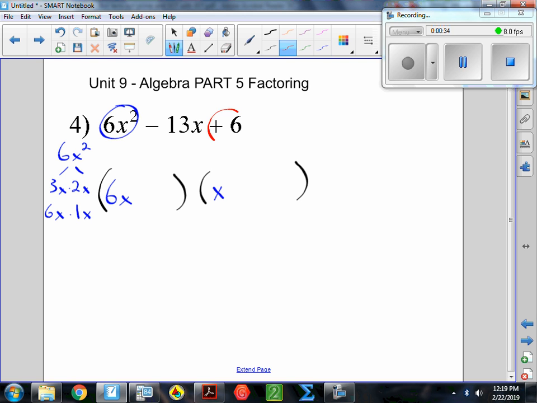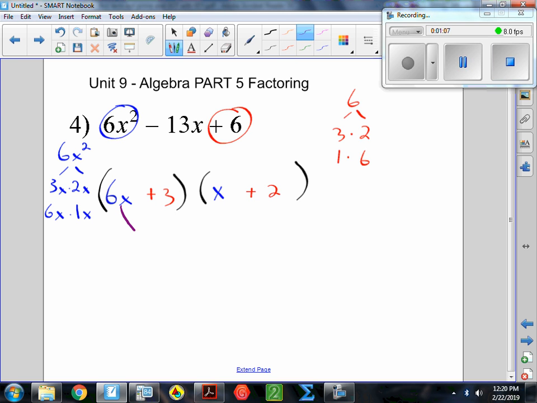I know that the last number is going to be factors of 6. So 6 is going to be, again, 3 and 2, or 1 and 6. It's a positive 6. That means my factors either have to both be positive or both be negative. But we can worry about the negative signs later. I mean, you can see that there's a negative in the middle, so it does tell you they have to be negative. But let's assume for right now that you forgot that, and we just want to try and see what happens. So if I try 3 and 2 first,